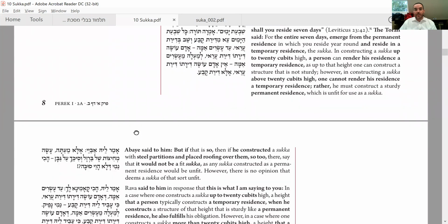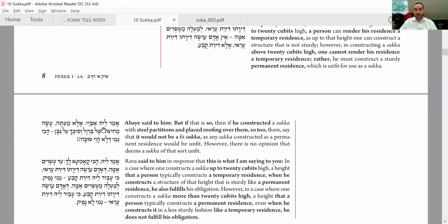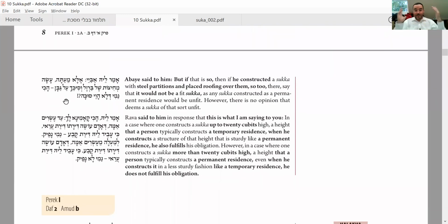First, we have a challenge to Rava by Abaye, his colleague, also fourth generation. Abaye said: according to you, if one makes a base of iron and covers it with schach on top, would it be a sukkah? He says, let's say you make the walls out of metal and you put schach on top. Would you say that it's no good because you made it like a permanent dwelling by making metal walls? And so according to you, since you're conceptualizing it as a temporary dwelling, that should apply to everything, and you should not be able to use metal. You have to use only